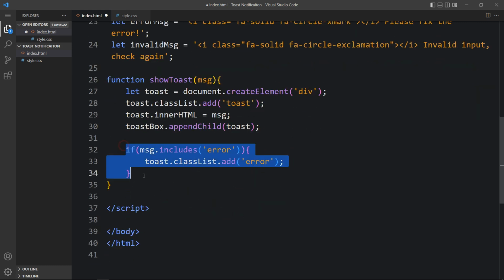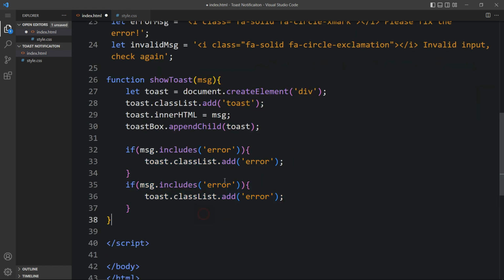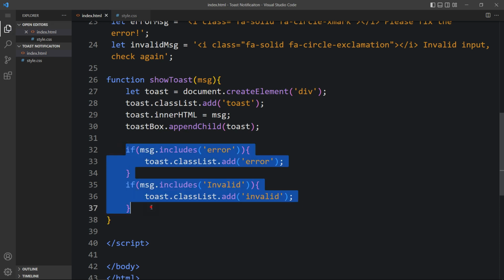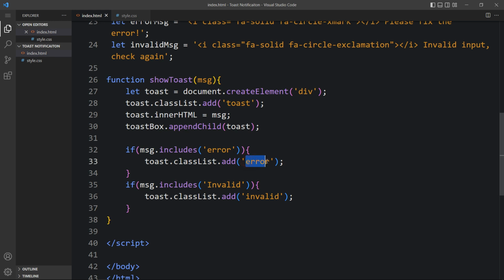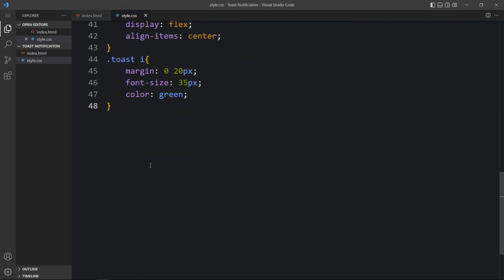And let's duplicate it. Here we will add invalid. So if the error message includes invalid, it will add the invalid class name. Next we have to add the CSS for the error class name and invalid class name. So let's come back to the CSS file, and here we will add dot toast dot error,